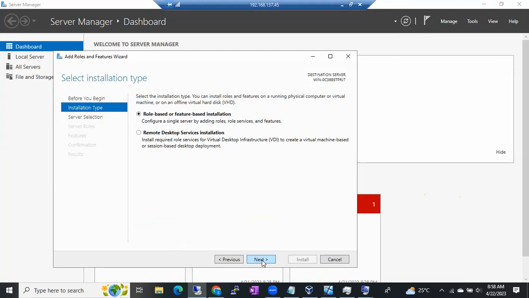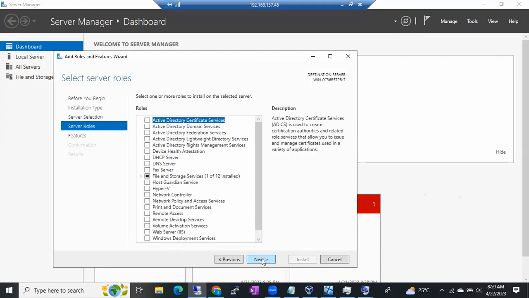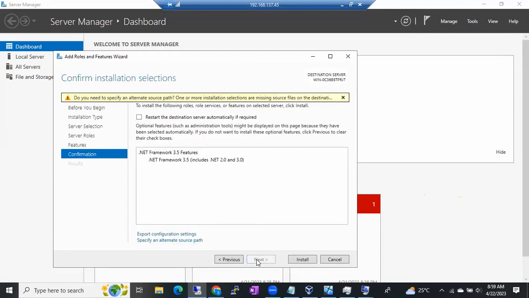This will be done by the Windows team, so no need to learn deeply. How to install, just that's enough to learn, guys. Okay, go to next. Go to next, and these are roles. So we have to go to features to install .NET Framework. See here, .NET Framework. Select the .NET Framework and go to next, and here click on specify an alternate source